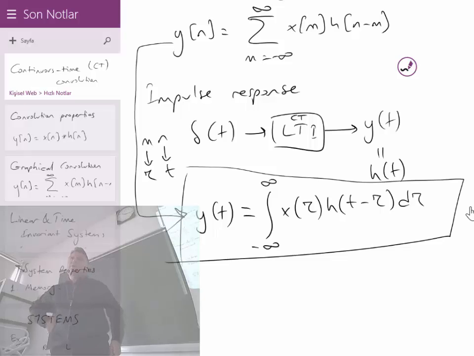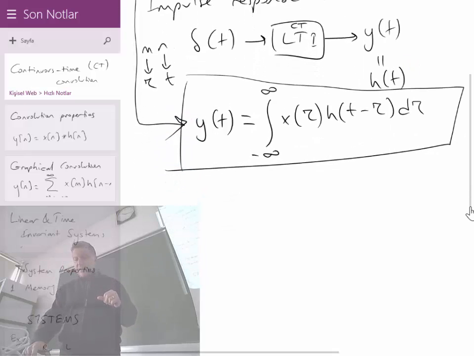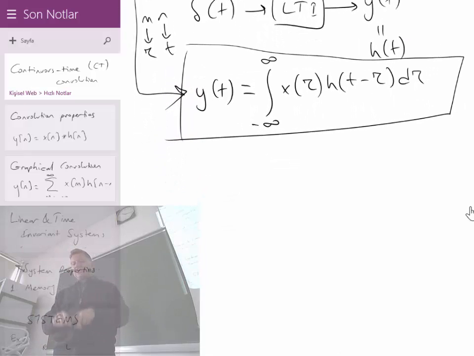In the book, if you follow this chapter, you will see that they try to first express your signal in terms of very small impulses. But I find the very small impulse explanation quite complicated. So I don't want to waste time trying to first express x of t in terms of impulses. But that may also be quite reasonable for you. The book attempts to find the formula like this. It first says x of t in terms of impulses,